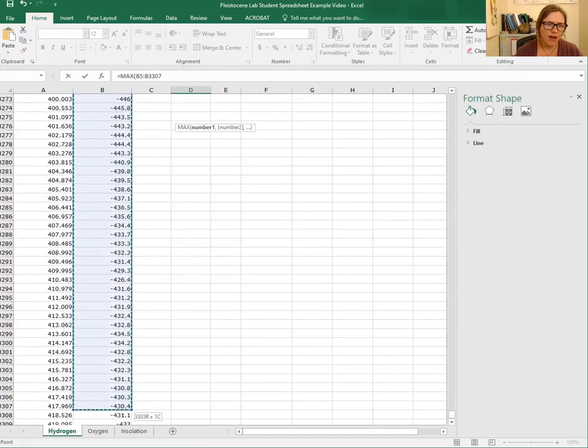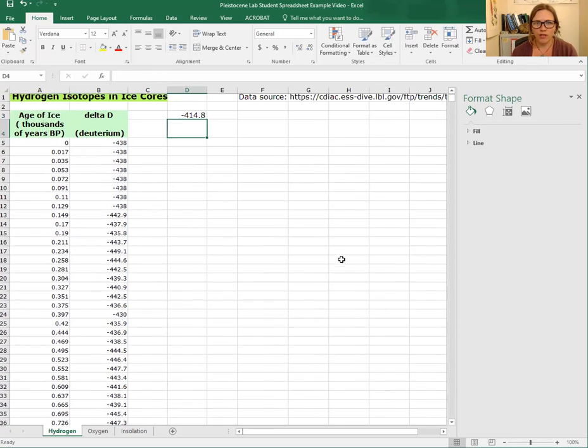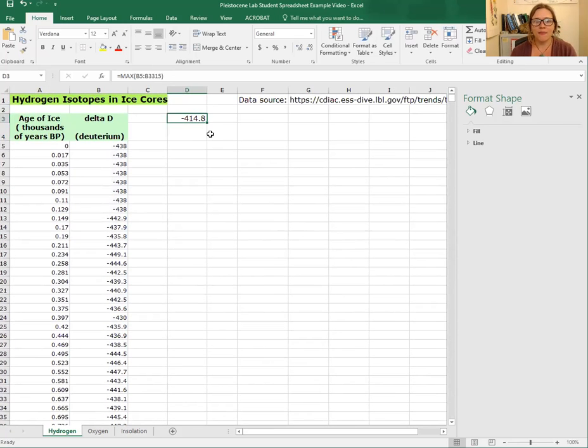So we are going through thousands of data points to the end. Okay. And then we come up here to this equation box and we close out the parentheses. And then the equals button, like on a calculator, on your computer is the enter or return button. So if we go back up to the top, we'll find that the maximum value, which is the highest value,